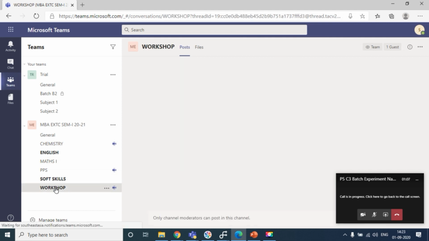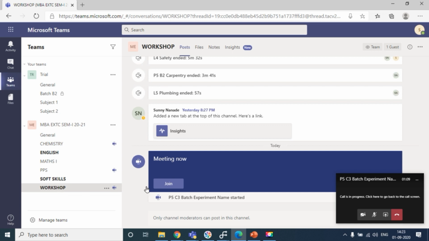In workshop, if I click over here, I can see the meeting going on over here. It shows me P, which means it is for practical. For a tutorial, it would be written as T. The fifth practical is going on, and clearly it is written that this is for the C3 batch. Since I am not of the C3 batch, I will not be joining this.